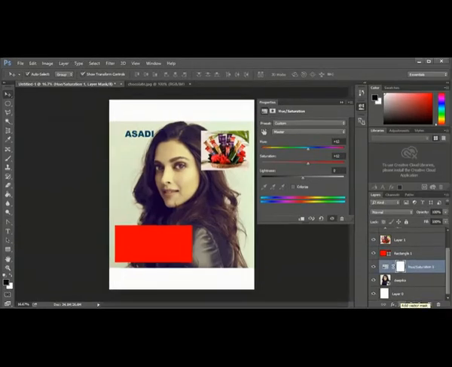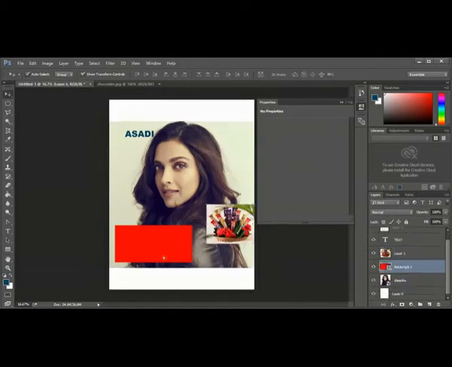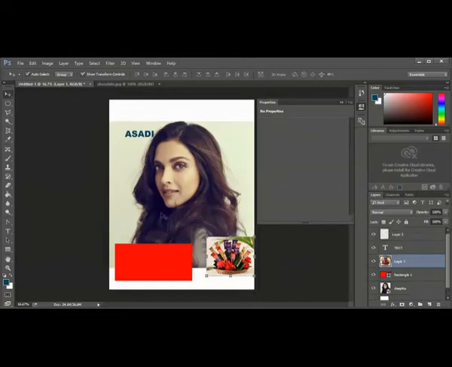Now here, the next one is called mask. Okay, this adjustment layer I am deleting for the time being. Just drag and put it inside this. I deleted that. We can do it later. Now, I'm in Deepika. I want to get only her face. Only her face I want. So there I can use this mask. We'll be learning more about the mask later. Okay, so what will we be doing with the mask?